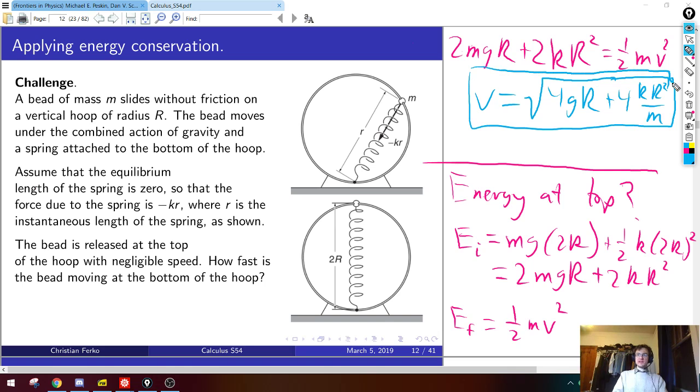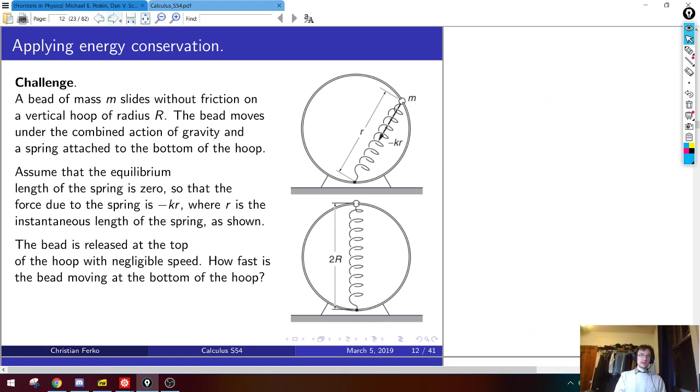So that's it, that's the answer. I find this very satisfying, because now we just know how fast this thing is going to be moving at the bottom, and we never had to do any integrals, we never had to write F equals ma. It was purely an energy conservation argument. I mean, there were integrals behind the scenes that went into the Work-Energy Theorem, but this seemingly challenging problem of finding how fast this is moving at the bottom just turned into algebra.